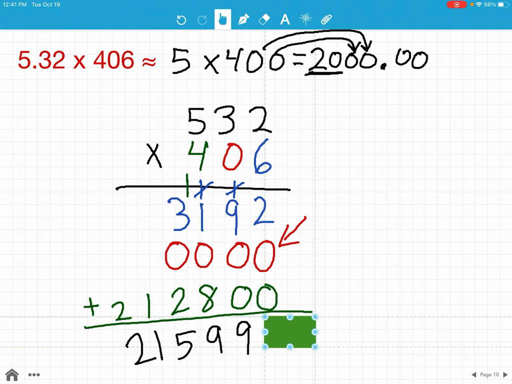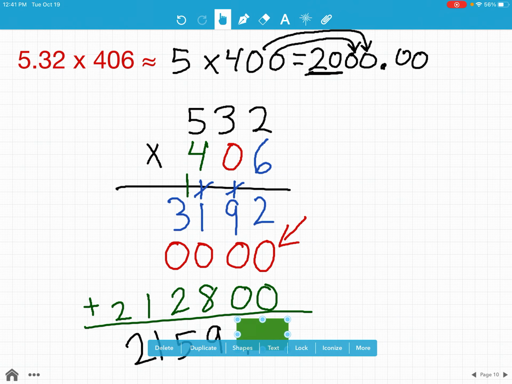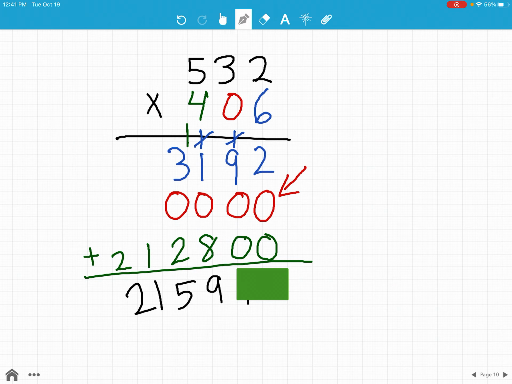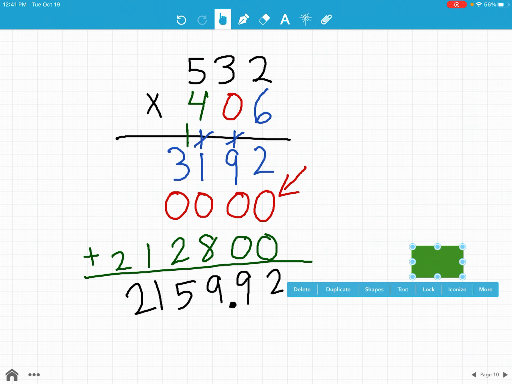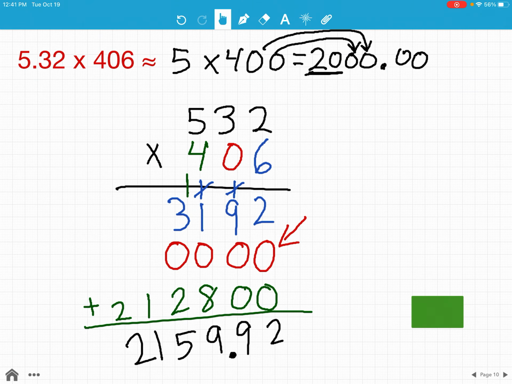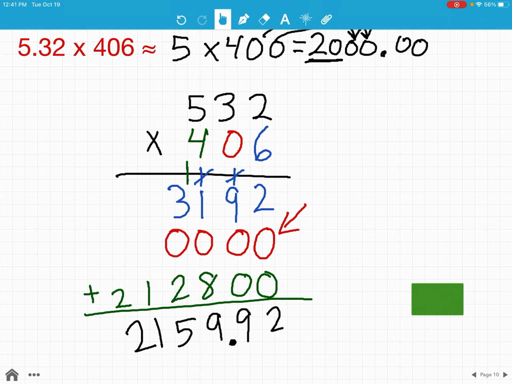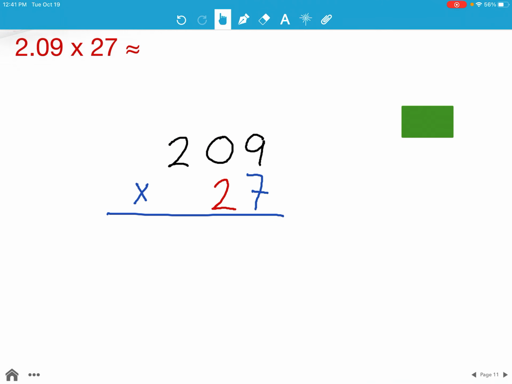So first up, we're going to take the 2 away. Nope, now we have too many. So for my 2,000, my decimal would go here, because 2,159 and 92 hundredths is closer to 2,000 and 0 hundredths. All right. Hopefully that helped you with one of your problems, and I try to fashion these close to what the problems are in